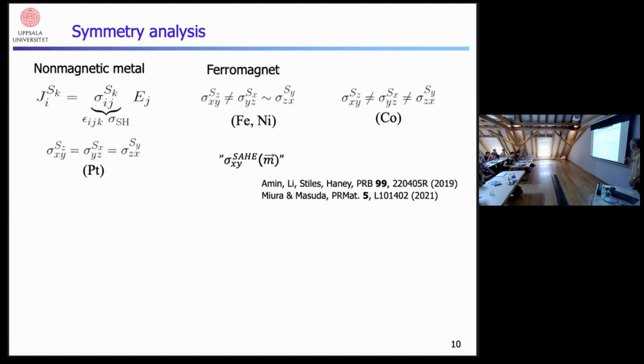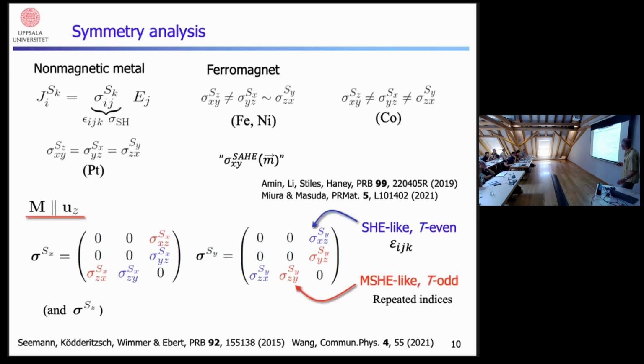Let us do a small symmetry analysis. I start from a non-magnetic material. I have a spin current, and then I have the spin Hall tensor. It is given by this expression where I have the Levi-Civita tensor here. Then I have just one quantity, the spin Hall conductivity. All three components are the same for platinum. Now I go to a ferromagnet. I can look at these three quantities again. Now they are not identical anymore because it is the magnetic quantization axis that breaks the symmetry. And then you can go to cobalt, where you have the HCP structure, but then again,